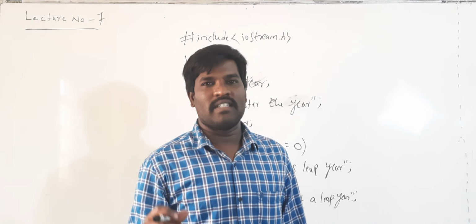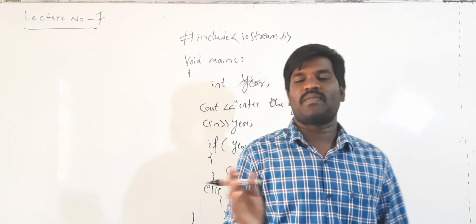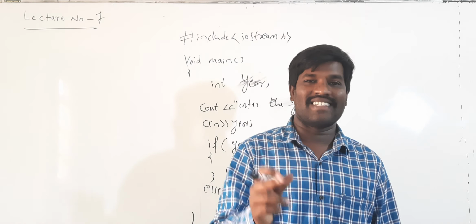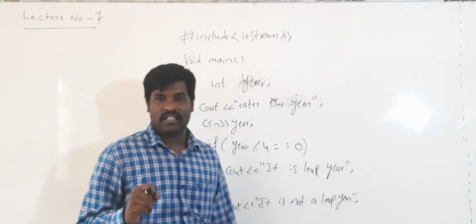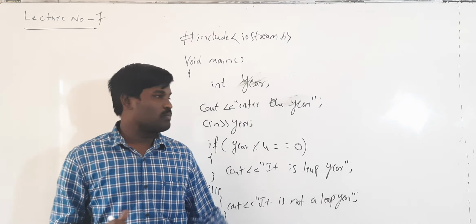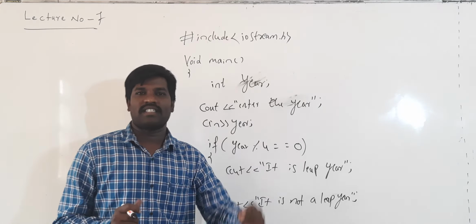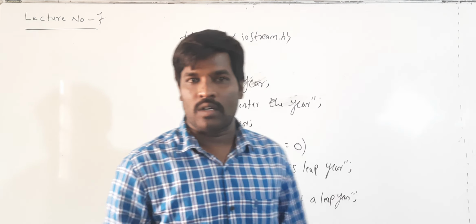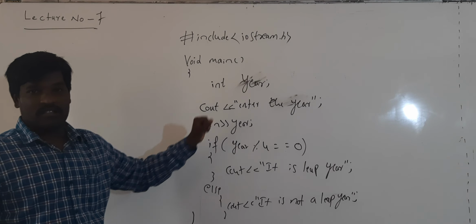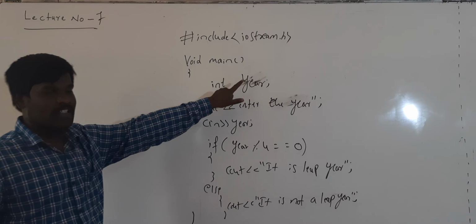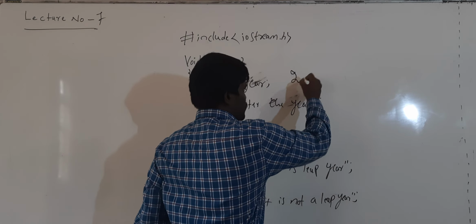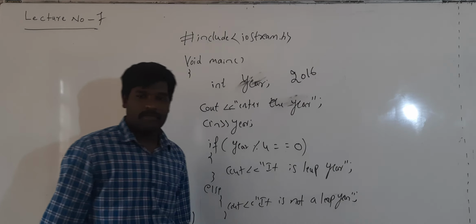So here, in a leap year, 365 has 1 extra day. But based on the days we are not telling that the given year is a leap year or not, because every time you cannot count the days. So based on the year, you have to say exactly whether it is a leap year or not. So that's why here the input variable is year. First I can declare one variable year, so I can enter the year value, for example 2016, I can enter.